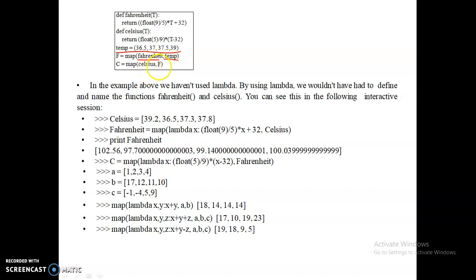In the same way, whatever result I get here as F, for this list of F values I want to apply the Celsius function. These are some examples of lambda functions with map. Check all this and practice these functions.